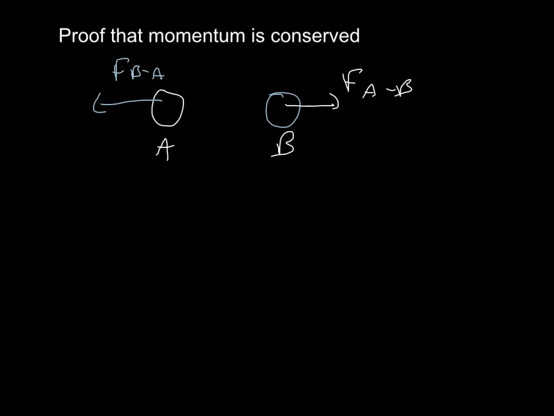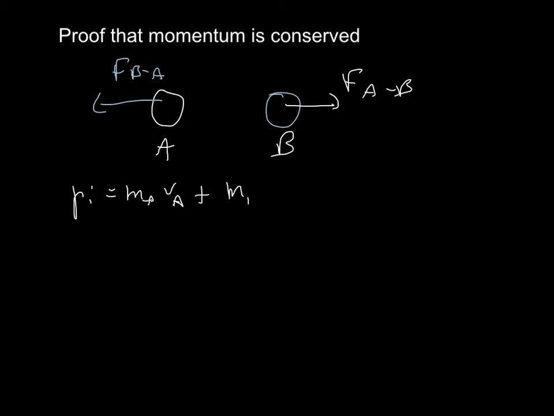Now, imagine that I have, again, these two balls, and I know nothing about the velocities or whatever. It really doesn't matter. So this ball is going over here until it hits this ball over here. It will do some force to it. This one will also do a force to it. There will be a change in momentum, and we want to know what the change in momentum is going to be. Okay? So the initial momentum will be just the mass of ball A times the velocity of ball A